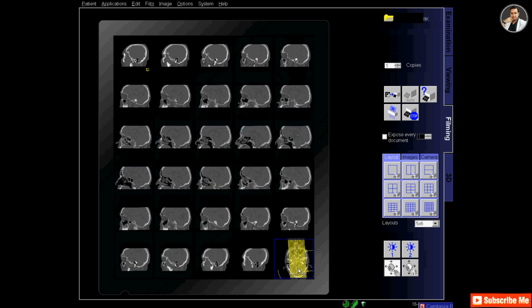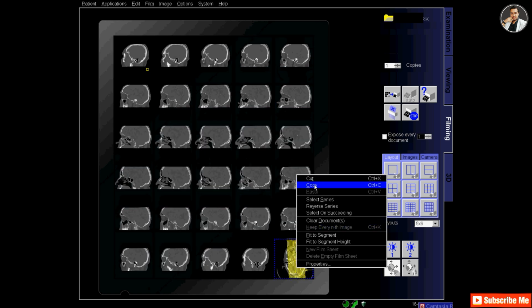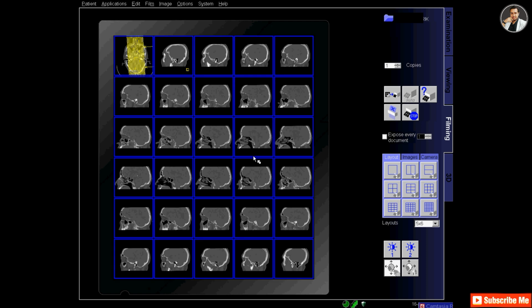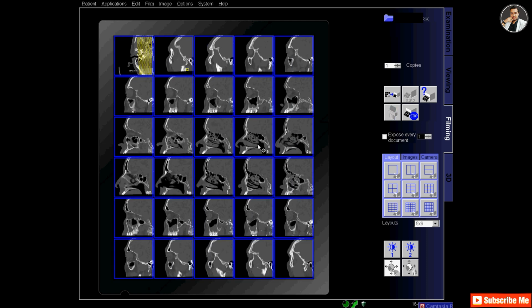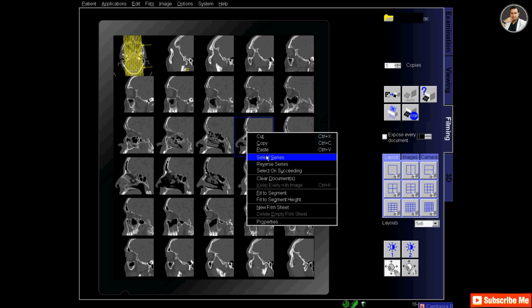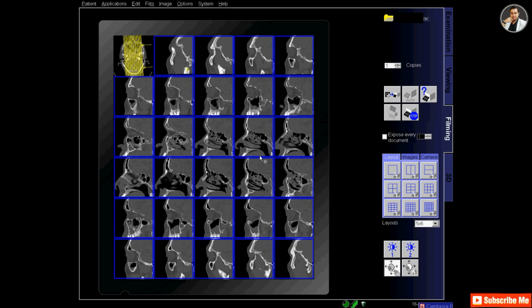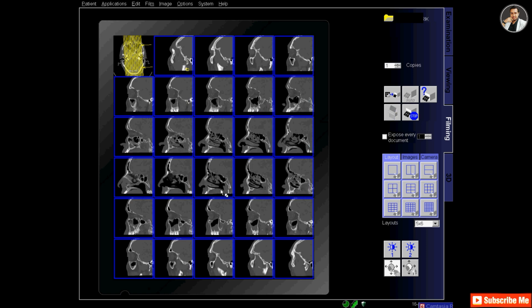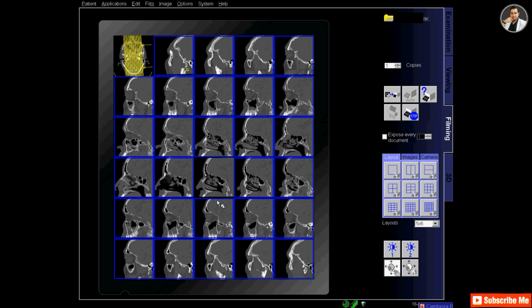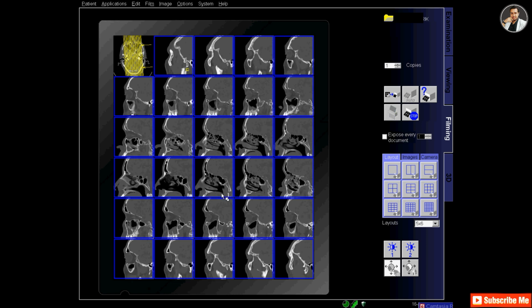Now go to filming, and in the filming change the film layout to 5:6. That means 30 images will fit in the film, and put the reference image on the first segment, and then zoom the sagittal images. Adjust the reference image and zoom the sagittal image so that the sinuses are seen, and make sure that the frontal sinus is not cut out.